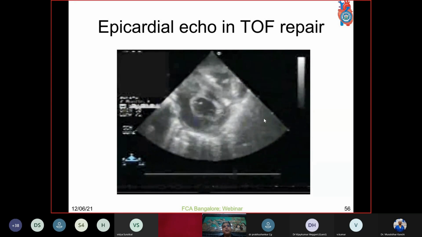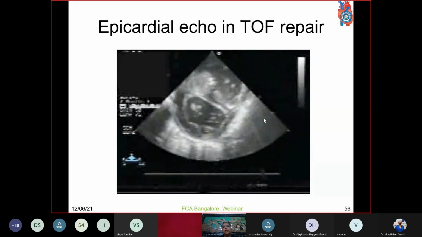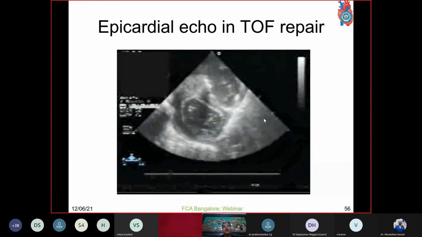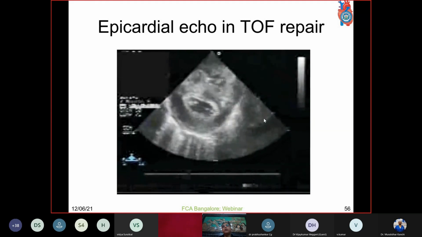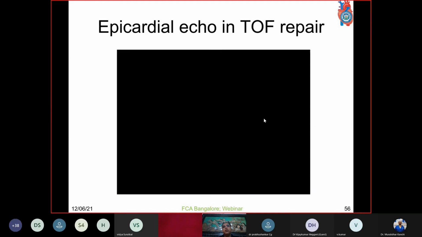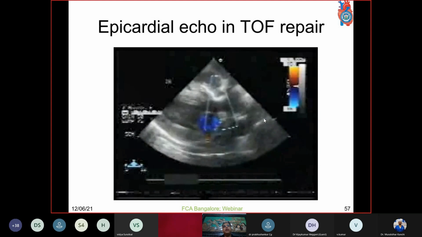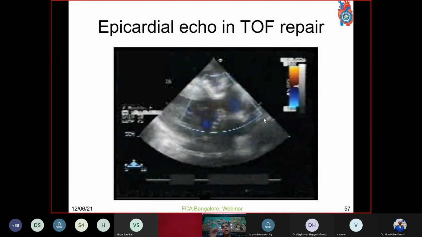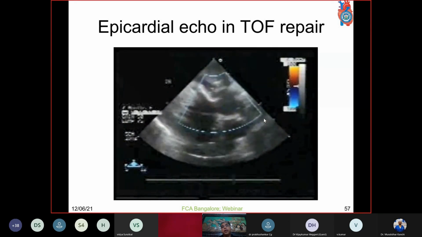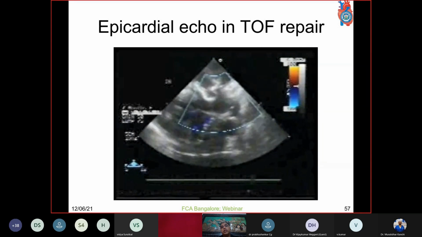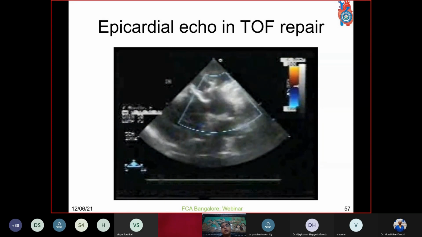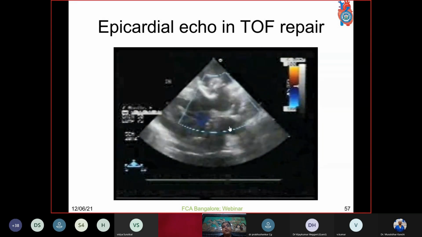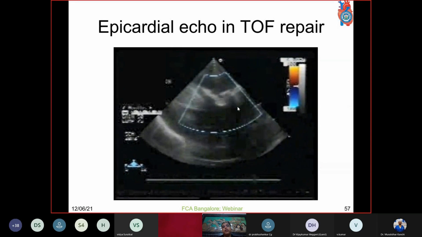Now I give an example of a patient who came for the TOF repair, and we performed epicardial echo because TEE was not available in that patient, and we had no other option. And this is the long axis view. This is the left atrium, left ventricle.